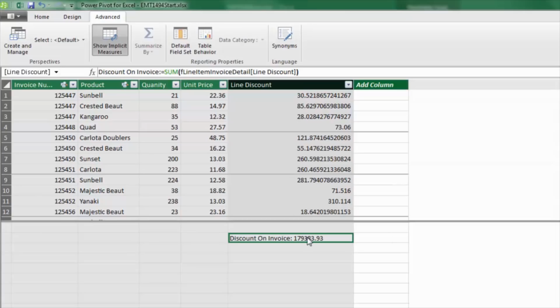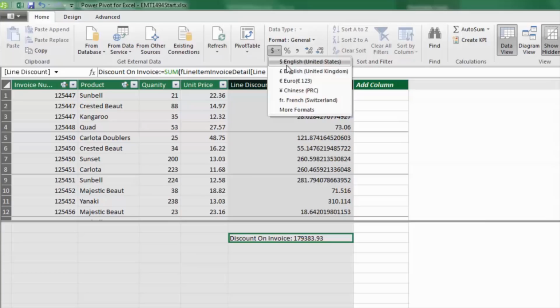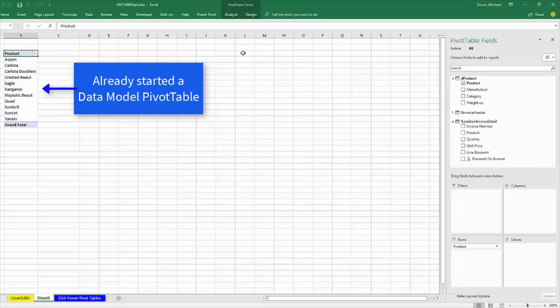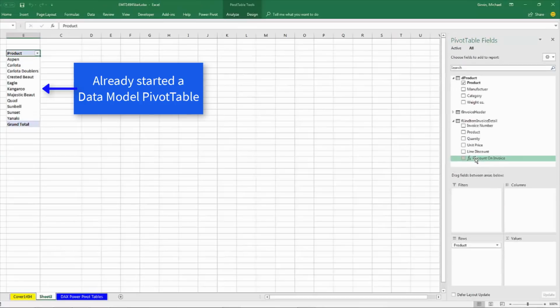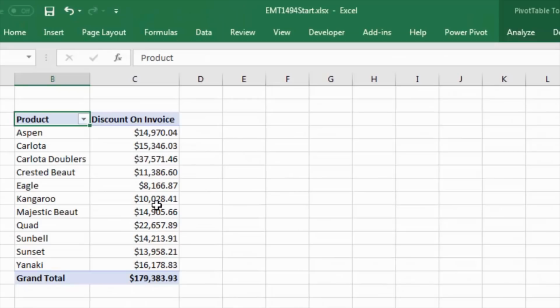We can see the answer down here. I want to add number formatting, so come over to Home. There it is, Formatting, drop down, and English. Alt-Tab to go back over to Excel. And there it is. Now we can click and drag, and there we have discount on invoice, sliced by the